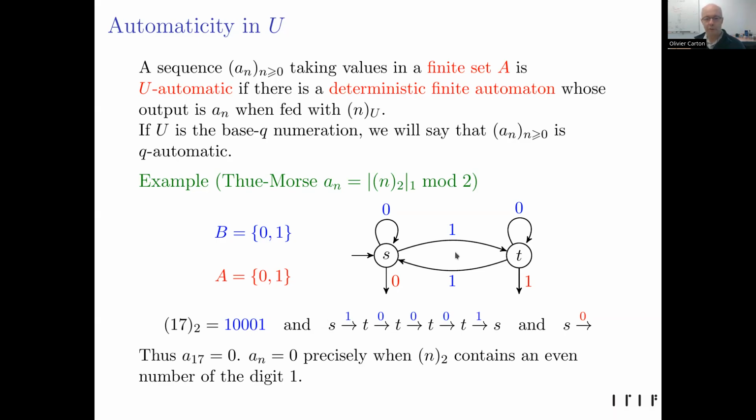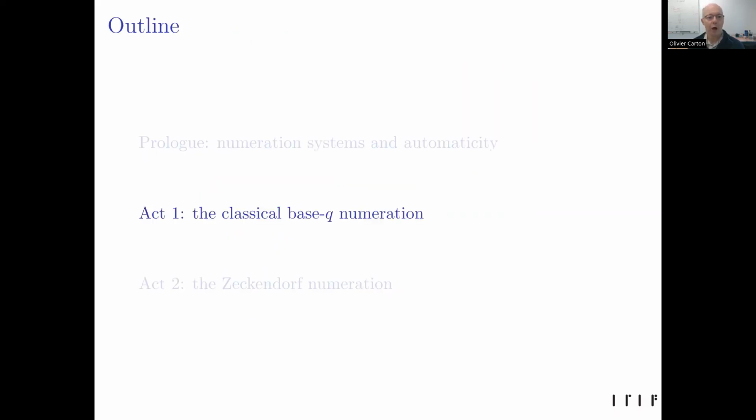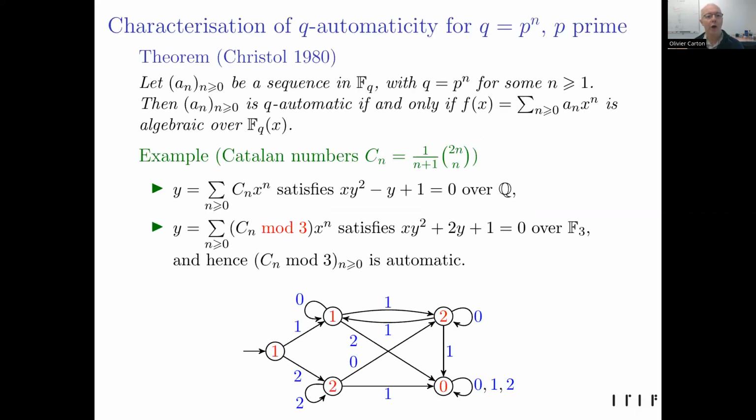Okay, so this is the definition of the notion of automaticity. So here we use the binary expansion, but we could use any other numeration system. Of course, the input alphabet of the automaton must match with the digit set of the numeration system. So we can now start with the